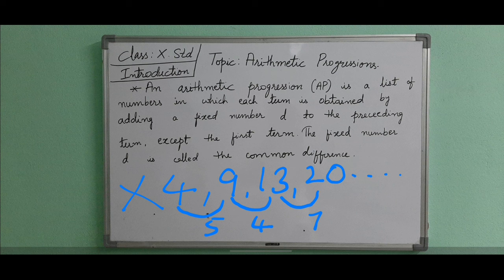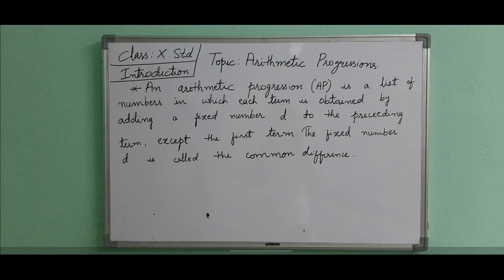In arithmetic progression, what we are saying is, always the terms, the numbers in sequence, should have the same common difference. Suppose I take the numbers 3, 3, 3, 3, can they be in AP? Yes, of course. Why? Because the difference of 3 minus 3 is 0. Again the difference of 3 minus 3 is 0, again 0, which is same. That's why we can say that when we have equal terms, then again it will be in AP.